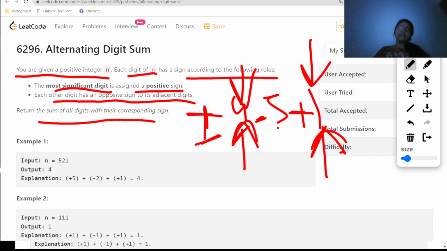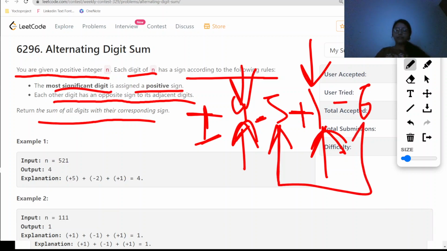And then the 5 which is there, if the number was something like this, then we would have added 5 with 6. Basically adding up all the alternate digits with each other, whether it is for the negative sign or for the positive sign. Basically we will have two sets with us, not the STL set, just number sets. And then we'll check